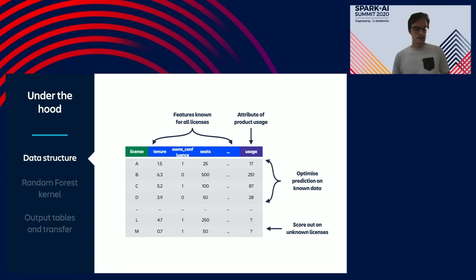Now, just like more traditional examples, imagine that those who don't send us product analytics are our validation set, and we're trying to optimize our model on the known data to ultimately predict on them. Now, this is taking the assumption that the better we can describe the known data, the better we can describe the unknown.